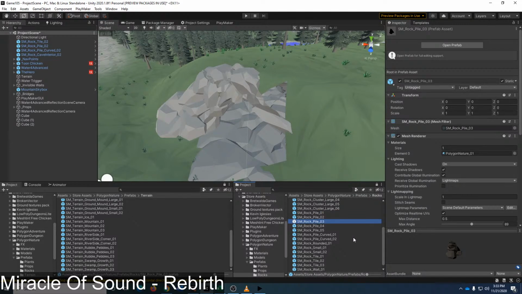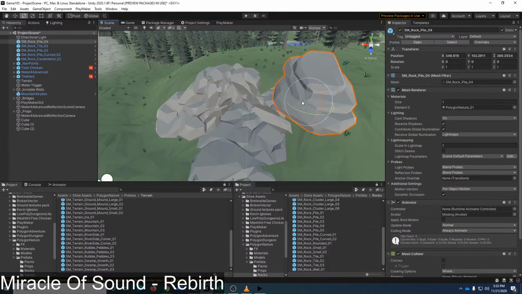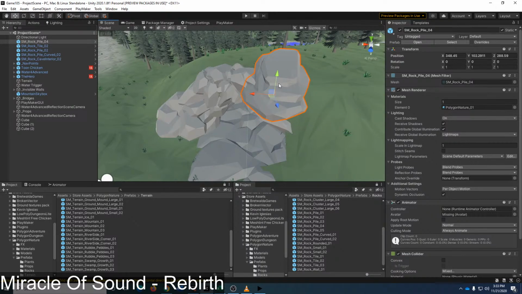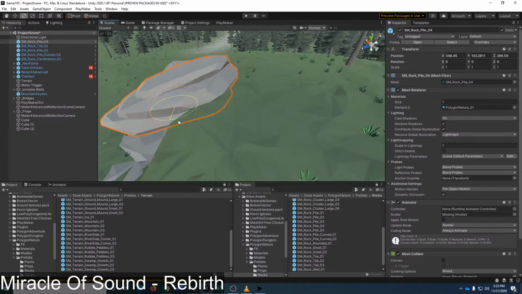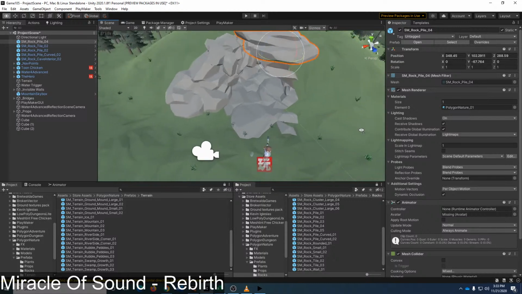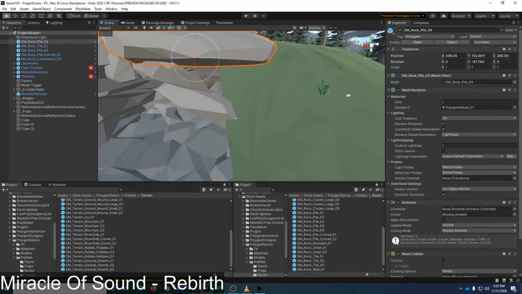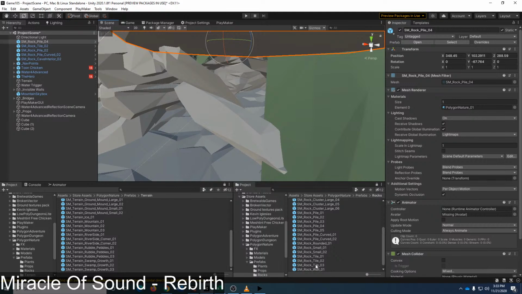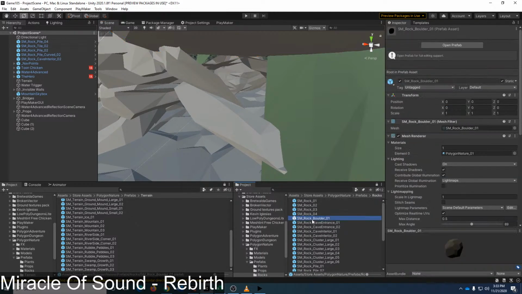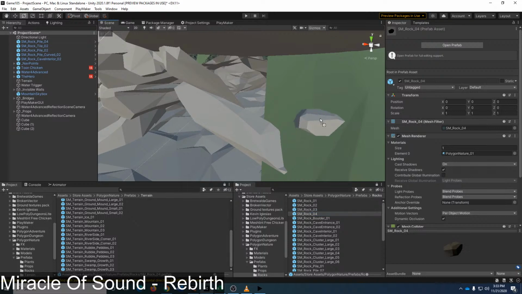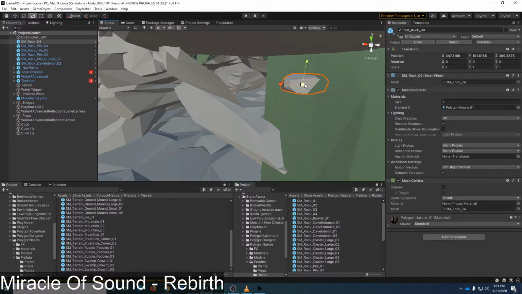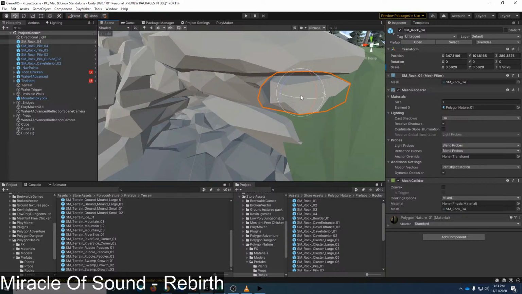Okay, so... Pile 4 is a bit flatter, and I can just put a regular old rock here.